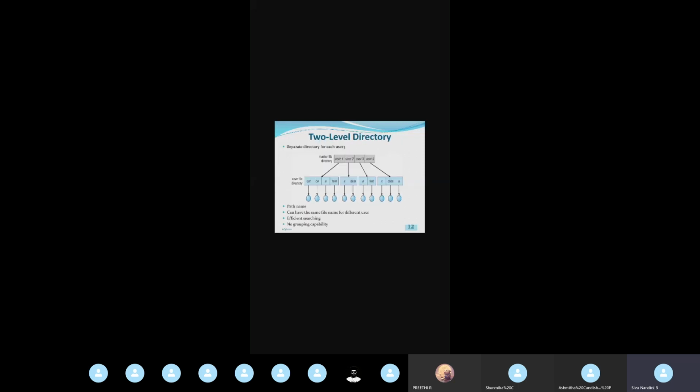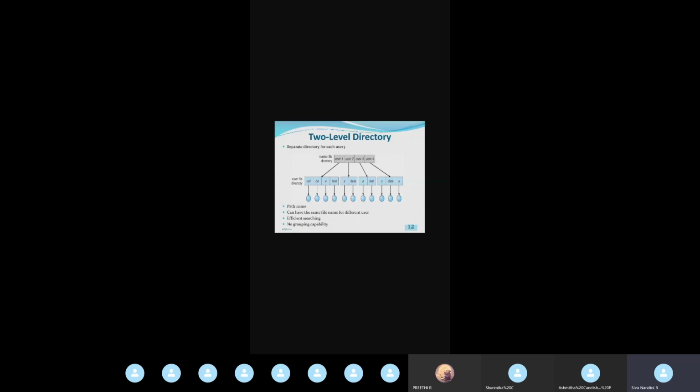In the single level directory, we have only one single level, and in that level itself we may have thousands of files. Checking thousands of files in one level will be a tedious and time consuming process. But in the 2 level directory, we have grouped the files under different users, so I know that a particular file belongs to user 3.